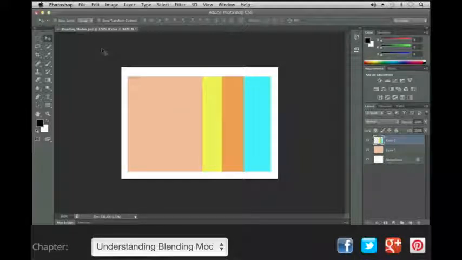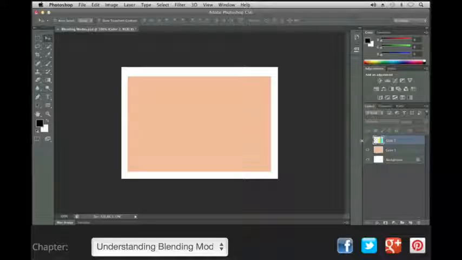At this time, let's go ahead and explore blending modes. I already have my document open titled Blending Modes, which you can find in your Chapter 6 folder. What you'll notice on the Layers panel is that I've created two layers. The first one is called Color 1, that's in the bottom of the stacking order, and the second one's Color 2. Let me go ahead and hide the visibility icon for Color 2, and you'll notice that the Color 1